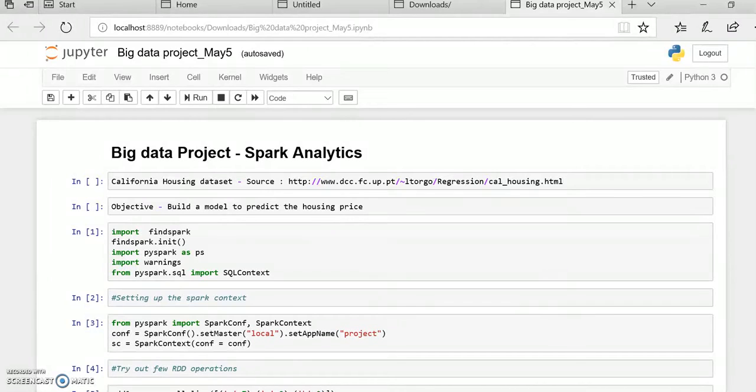So we have decided to go on with big data analytics as part of this final project. In this final project, we have obtained a data set, the California housing data set.